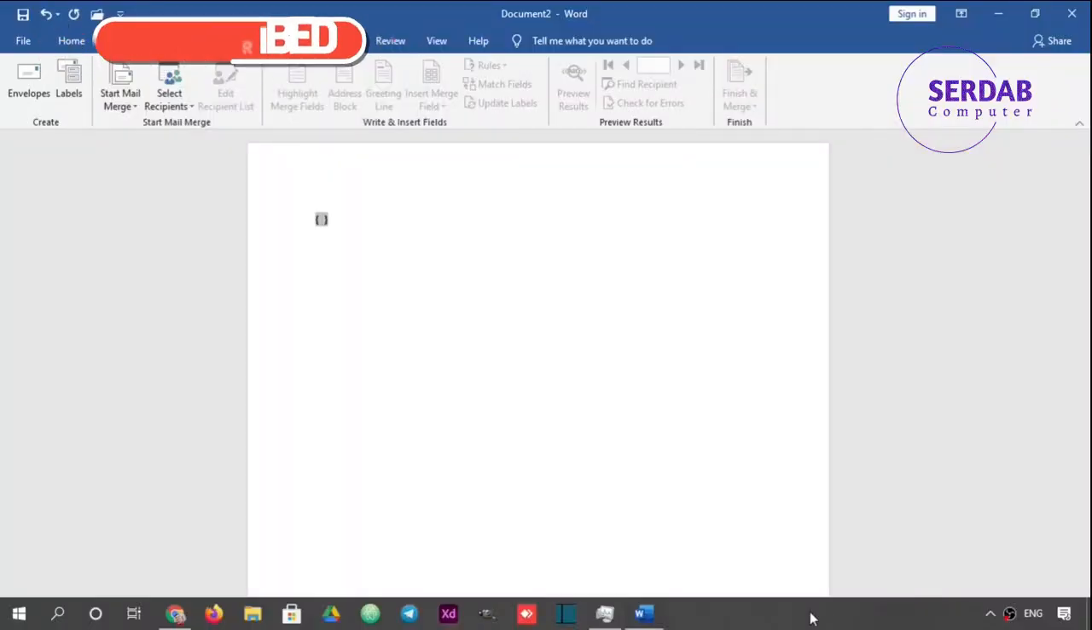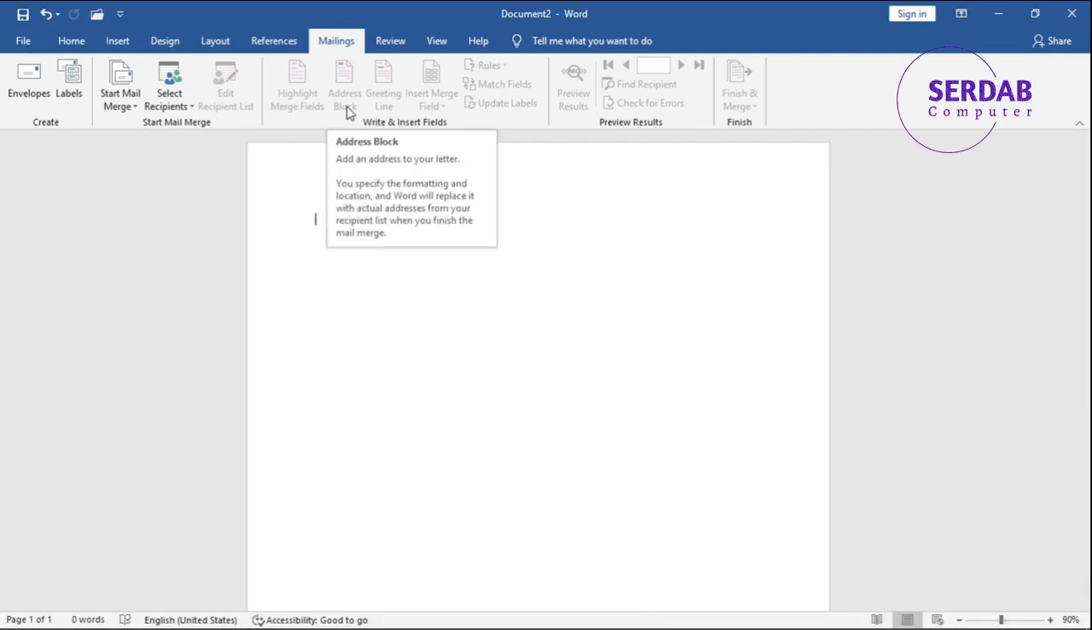Let's go with the mailings. Mailings is another important part of Microsoft Word. By the way, I always tell you it's very important, it's very critical, and to be honest, that is really true. Each part of Microsoft Word is important, especially mailings, because you can create an automatic list